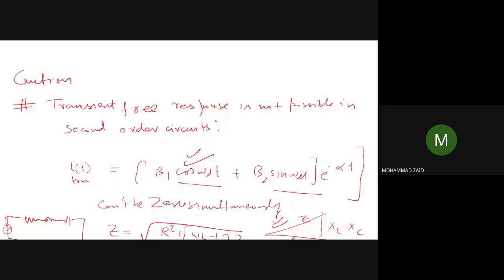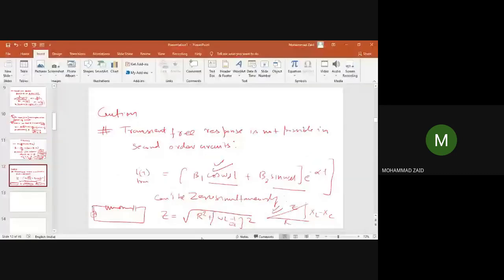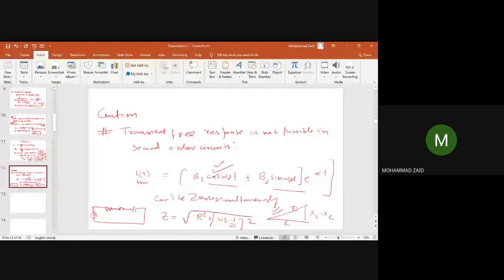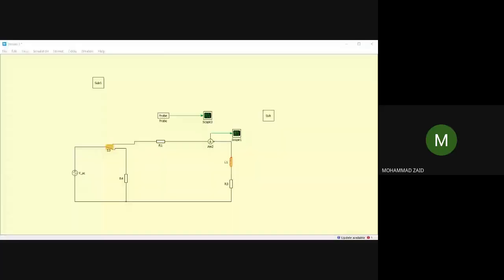Now, I would like to show you the similar theory which we have gone through in the simulation also. That way we can complete this topic. Let us change my screen to the simulation screen. I hope it is now visible to you. Is it visible?